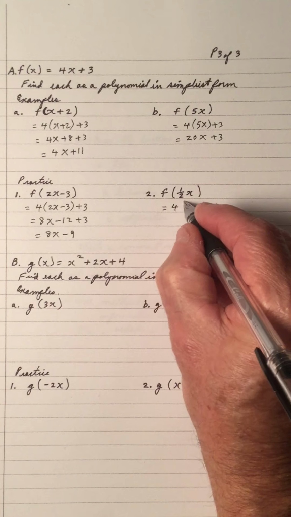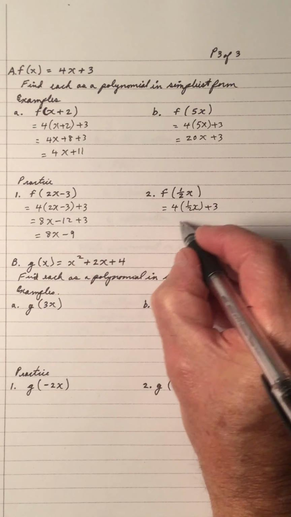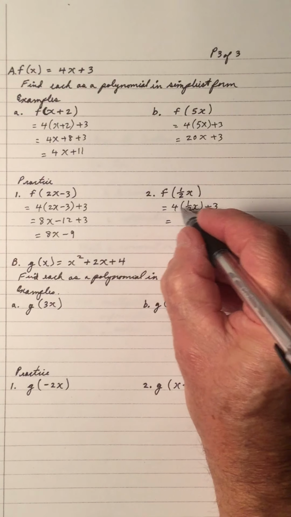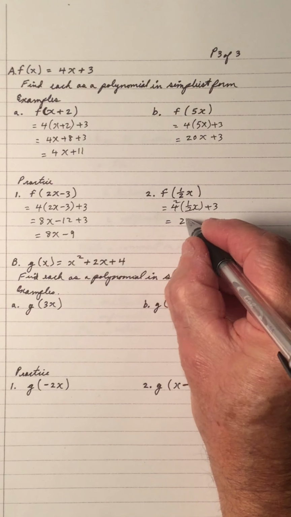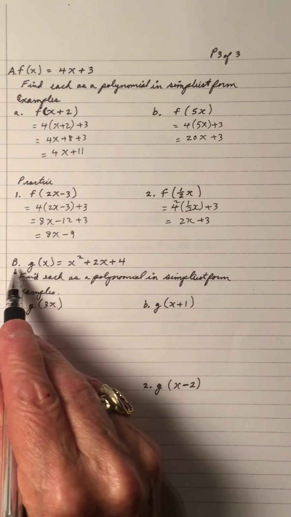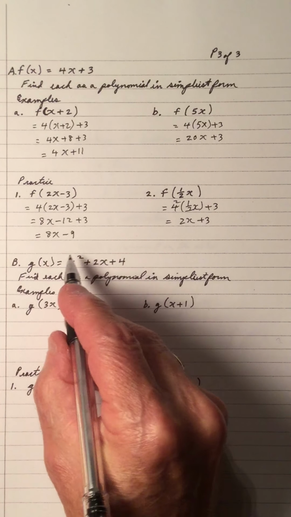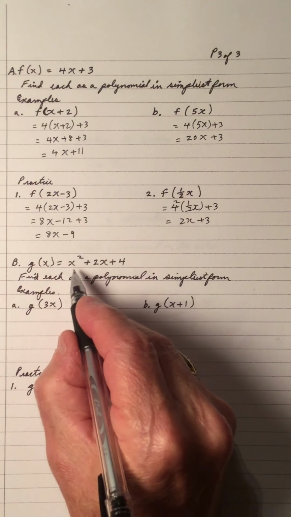So it's 4 bracket a half x plus 3. 4 times a half x, 2 into 4 goes 2, so that gives me 2x plus 3. Done. And we have another one to do, but this time I got the g of x is x squared